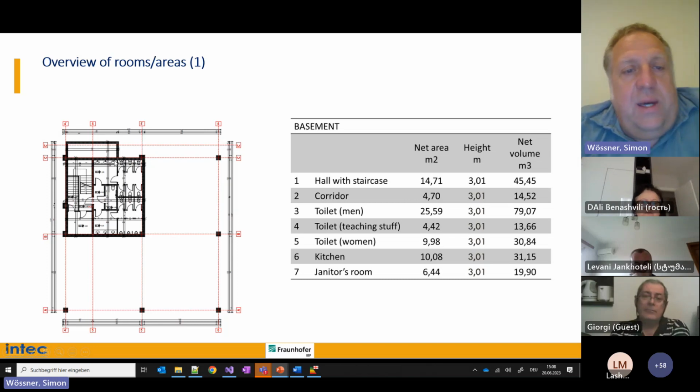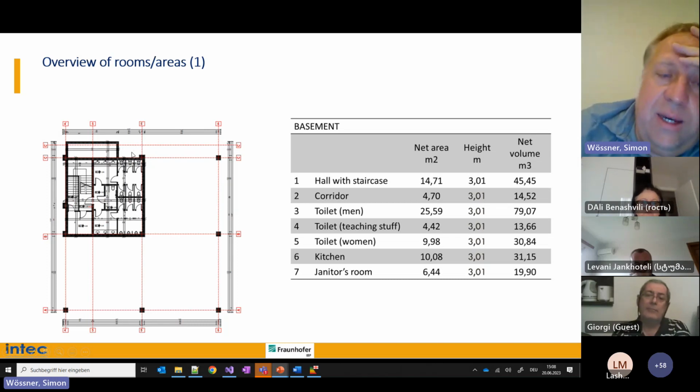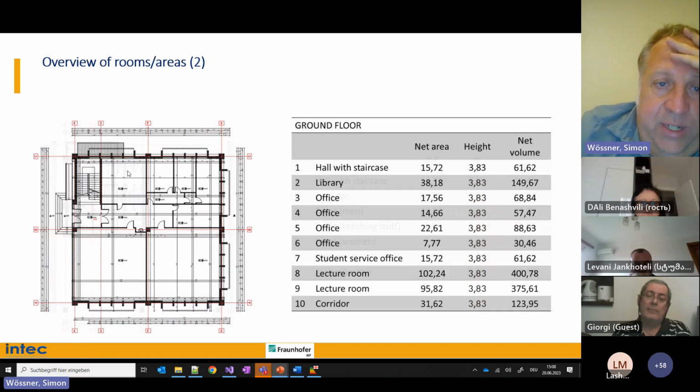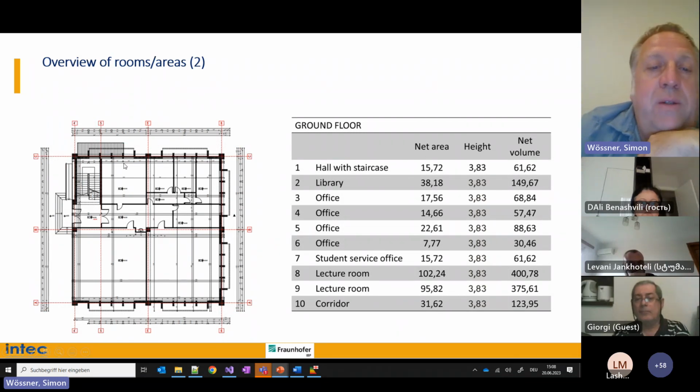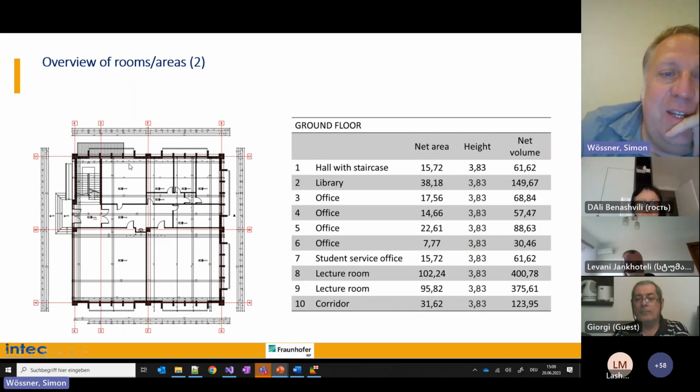That is the basement. We need that plan later for the floor slab area. But here in the floor plan of the ground floor and the first floor, you can also see, just as an estimate, as it is not big enough in that picture, that the windows are